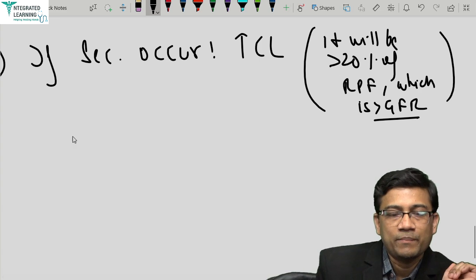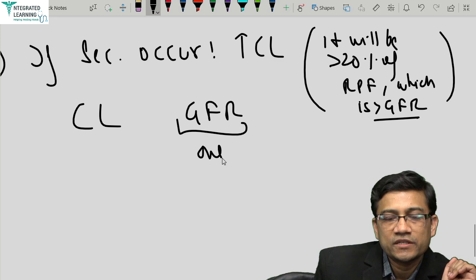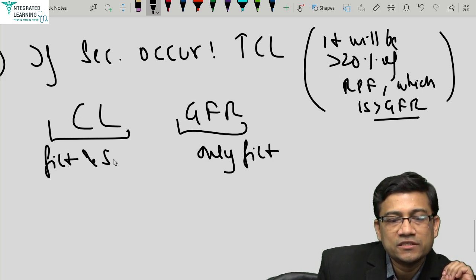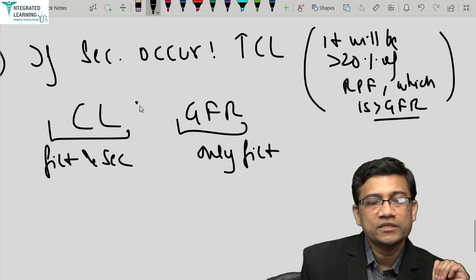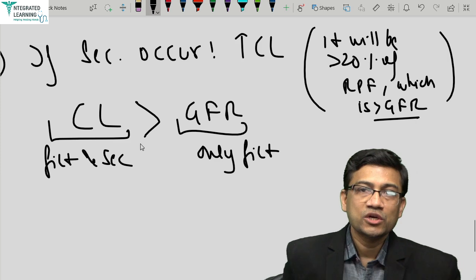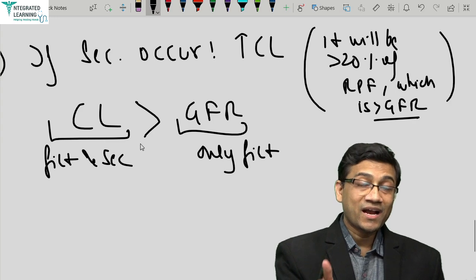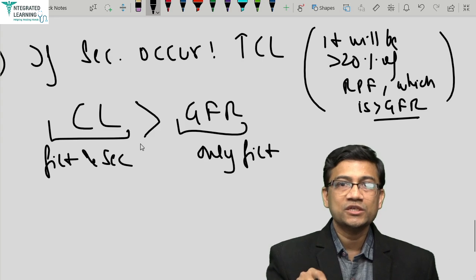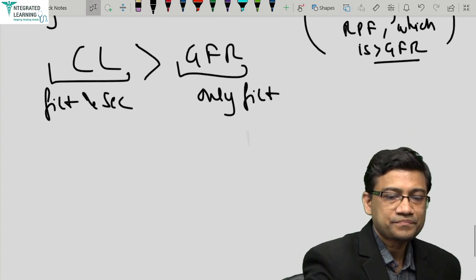Example, clearance and GFR. GFR is only filtration, that is 125. Clearance is what? Filtration and secretion. So you are filtering 20%, but now you are secreting also. So clearance is more than GFR, that is more than 20%. So how much do you clear by filtration? 20%. Clearance is now more than 20% because you are adding secretion to the mechanism of removal. Okay. So clearance is more than that. Example we will take